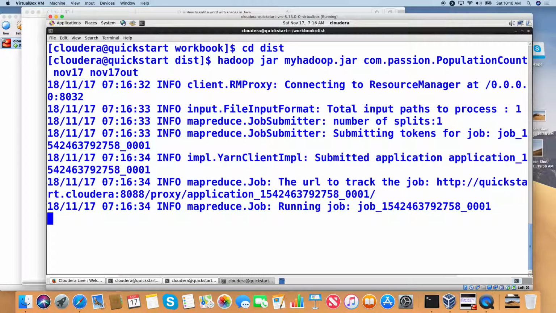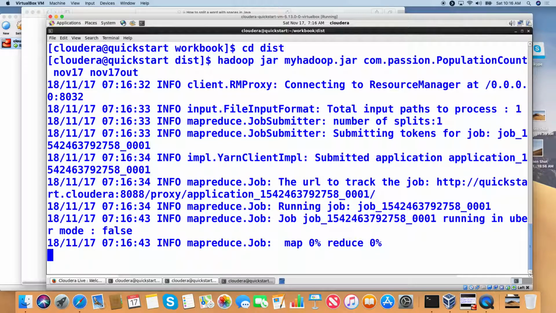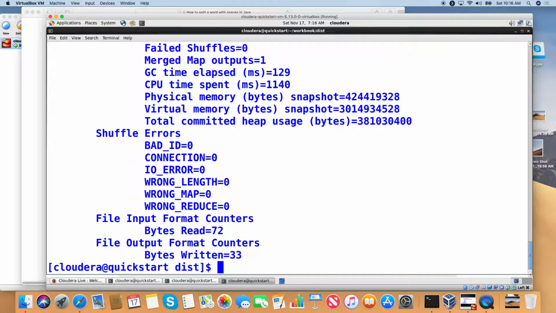What is that, Krishna? It's recorded. Whatever you are asking is also recorded. That's why you are not asking anything. hadoop fs -cat nov17, 17 out slash